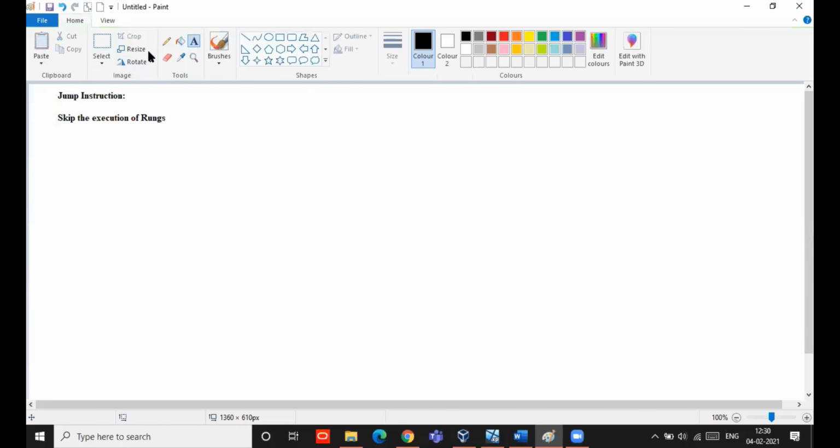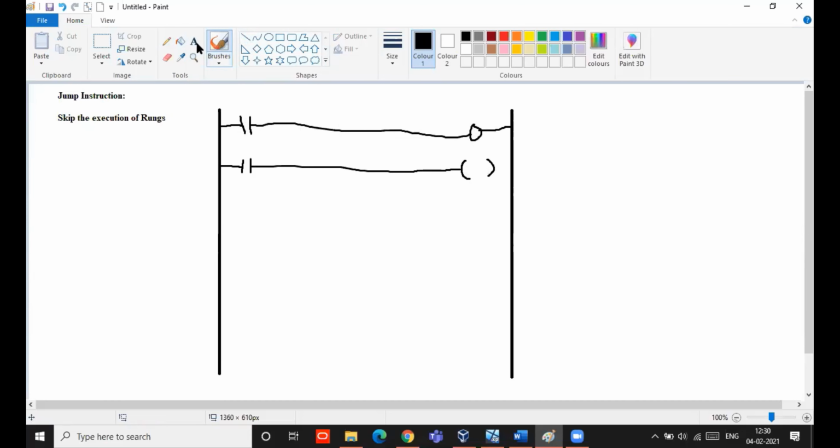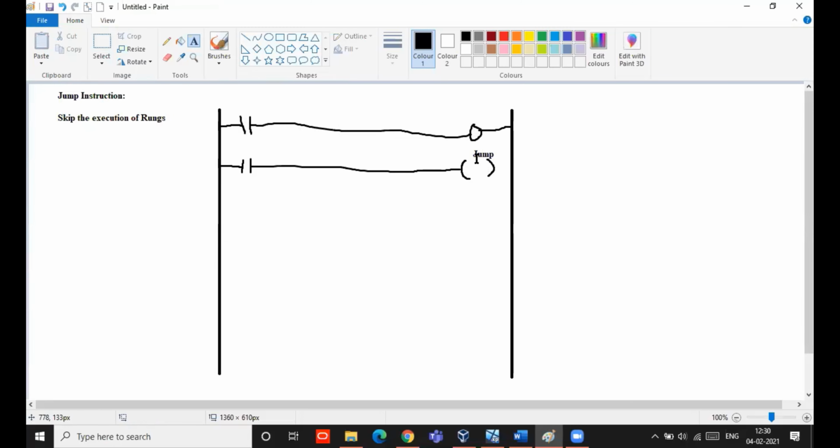So how to do this jump in the program? Just assume I am giving an input and connecting the output. Next here, I am going to use jump. So jump will be activated when the input is activated.